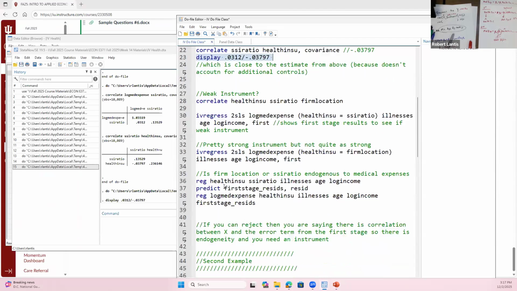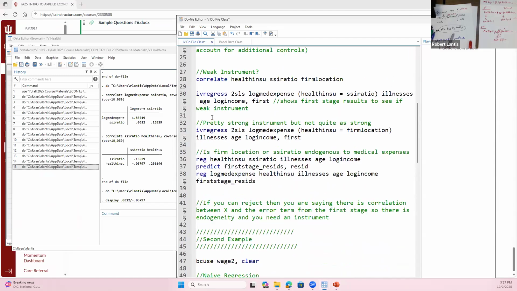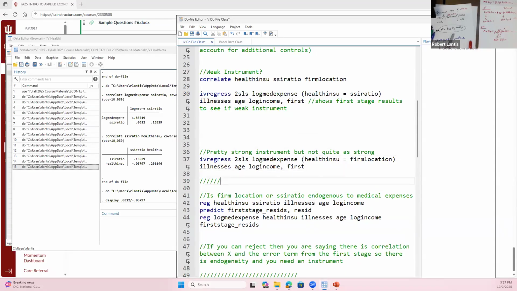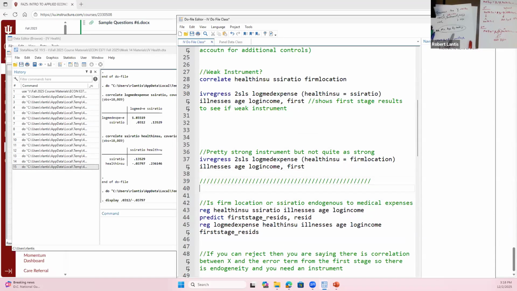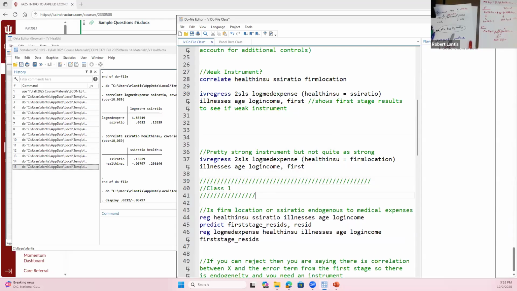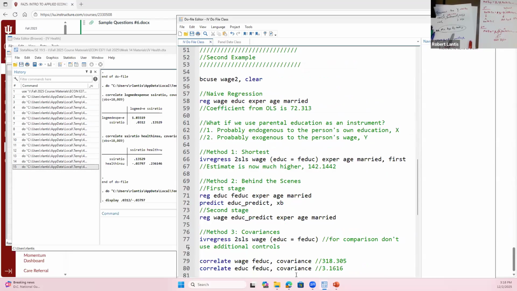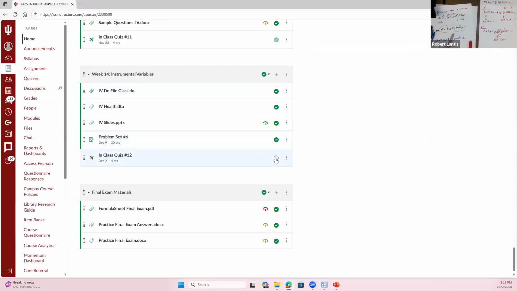So let's go down here and we'll mark where we were at today. This is where we'll pick up next class. Okay? So we'll finish up this example talking about the second criteria. I then have a second example that we'll work through as well. But for today,